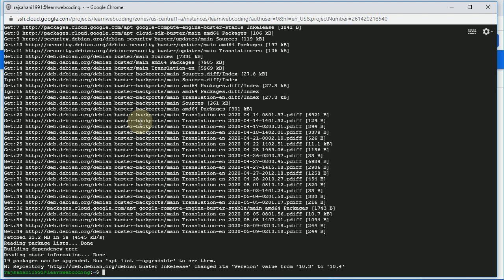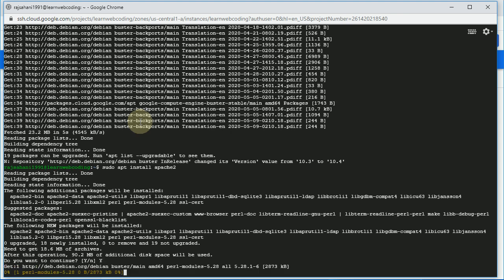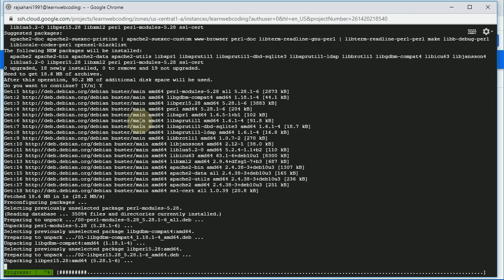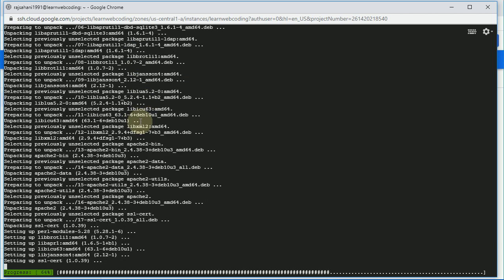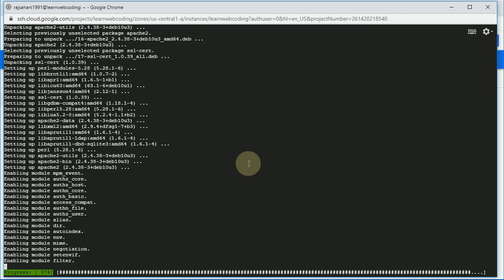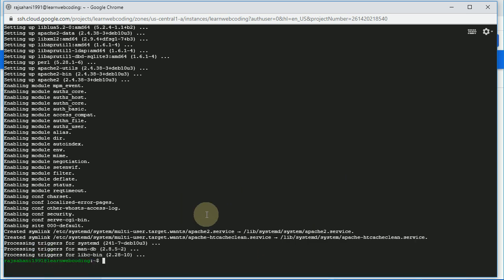So if you want to install that software, then you can simply go here and say sudo apt install apache2 and hit enter, say yes, and it will download Apache for you in a few seconds, or maybe in a minute your Apache will be ready. See, now Apache is successfully installed.